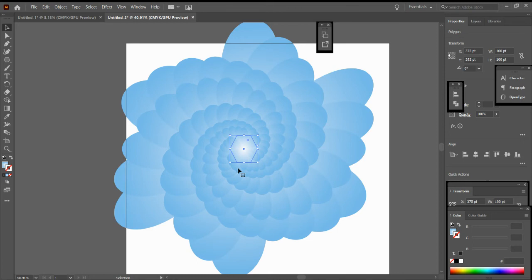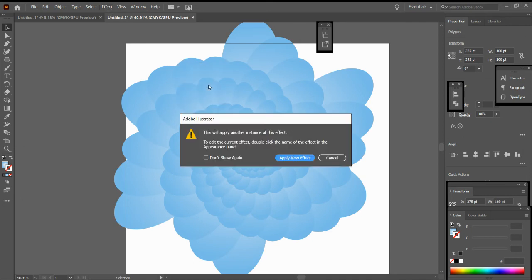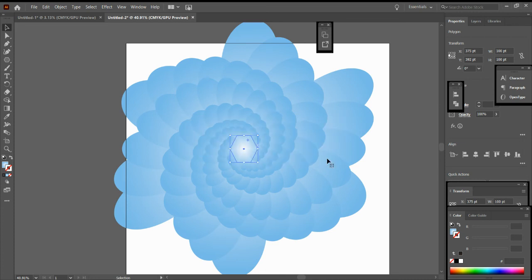Similarly, you can do a lot of changes in the transform panel and create different shapes. And one thing more, it's not just the case of a polygon. You can also apply this effect to any shape you want. It can be a custom made shape or a circle or a triangle, any type of shape. The only thing is you have to keep in mind how to use those effects and bring this alive.